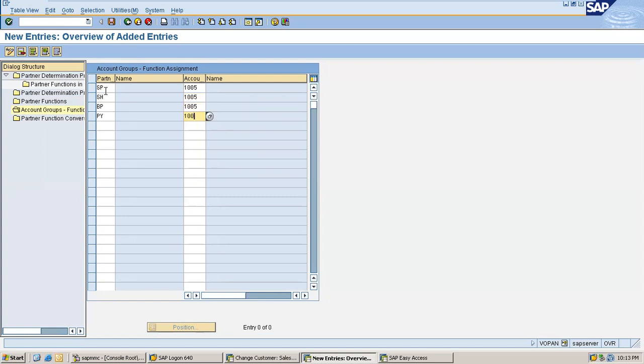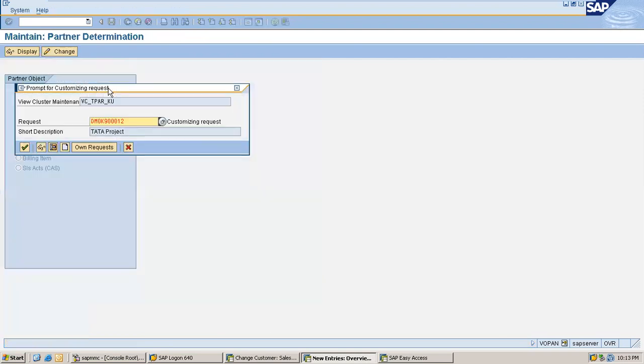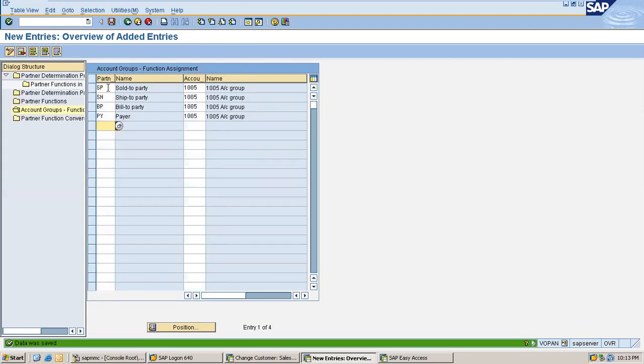Actually you get an information message here, choose key from the allowed namespace, because it has a length of 4 characters but I am giving only 2. That's the reason it is displaying the warning message. Just ignore it. So that's it. I have assigned my account group to partner functions.